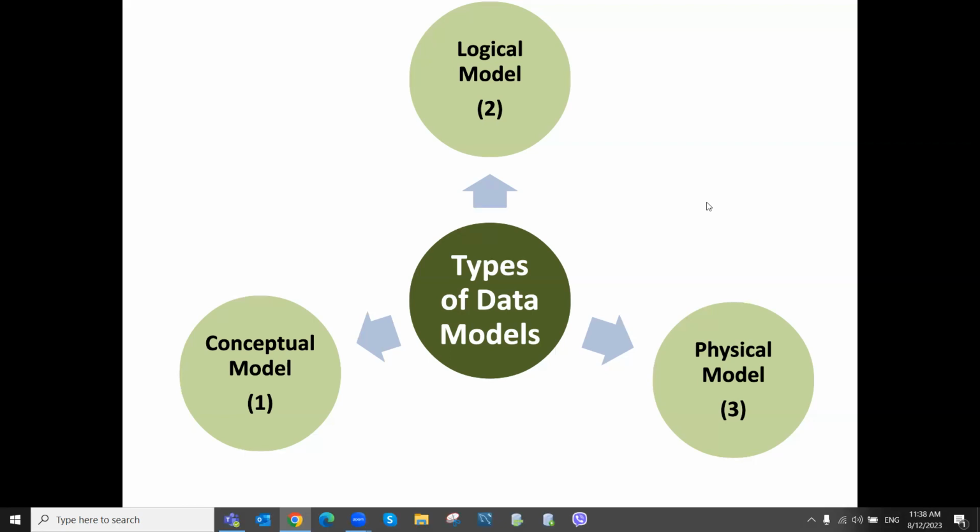And the conceptual model should not use any technical terms, because business users might not be very familiar with database terms or technical terms. So the conceptual model does not include any technical terms, either from computer or database. The logical model, as I said, includes both. It will include your business terms as well as technical terms, but still it should be very simple